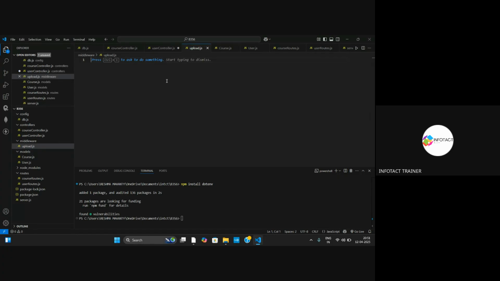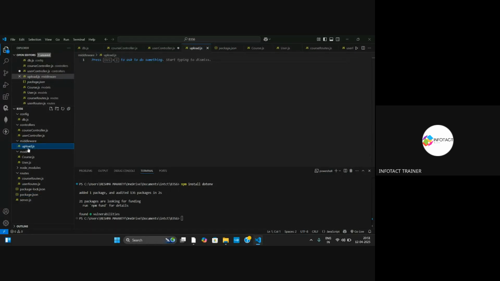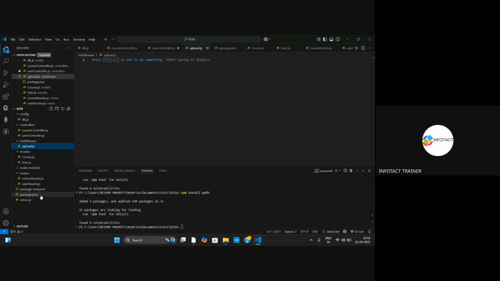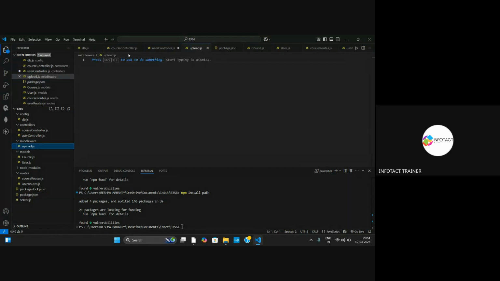So inside upload.js, we will import our entire multer dependency as well as the path dependency. Let me check if it is present over here. Yeah, multer is present. So inside this, I also have to run npm install path. Okay, path is also there. Const multer is equal to